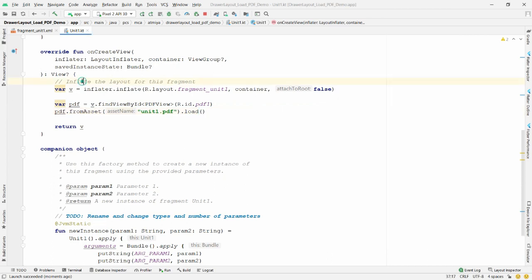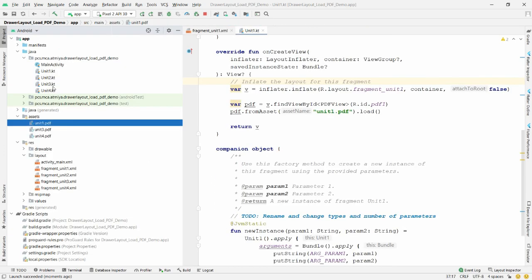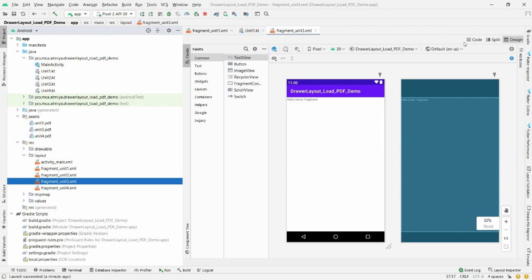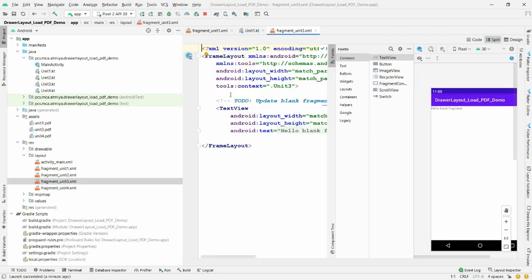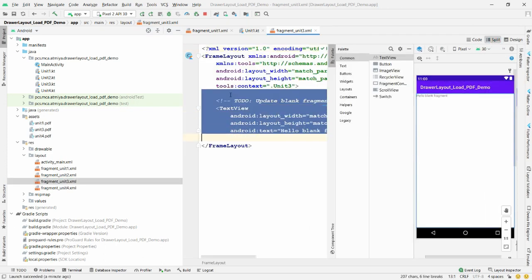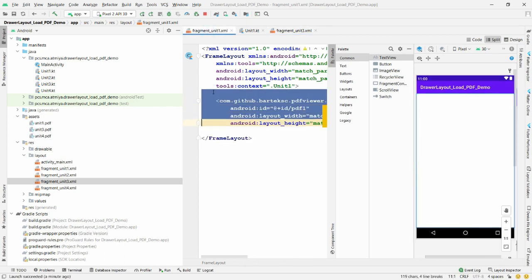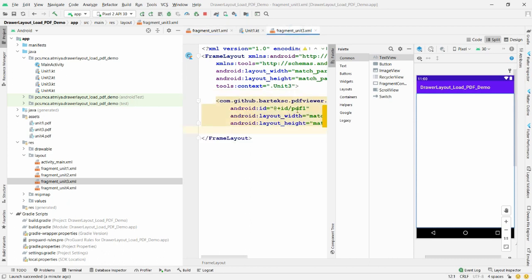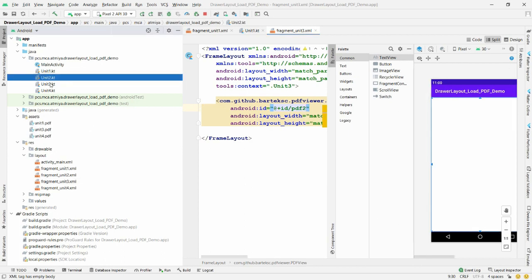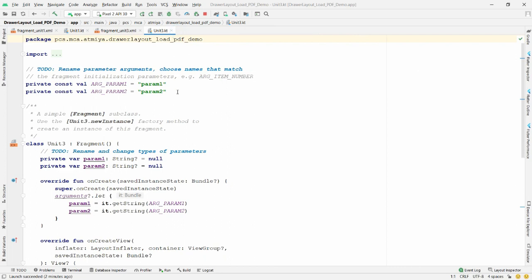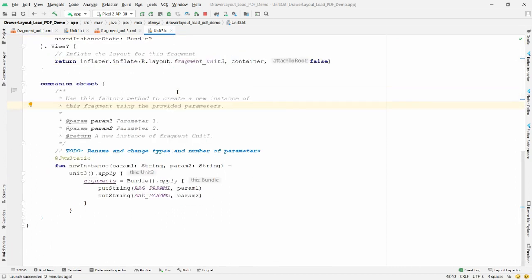You can just move to your project explorer, and here you can just open fragment_unit3.xml, and you can simply click on split, and you can simply remove this text view and you can copy this PDF viewer control and you can paste into unit 3 and you can just change the name, that is PDF2, and you can open unit3.kotlin, and here in unit3.kotlin you can simply write